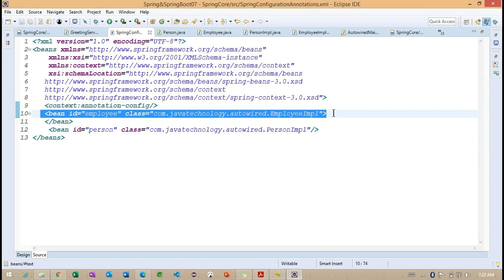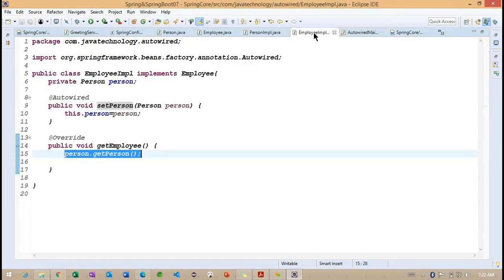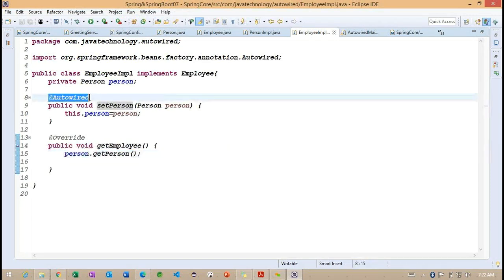These two sections we need to understand very carefully. Here in this employee service impl, we are using one annotation called autowire, right?